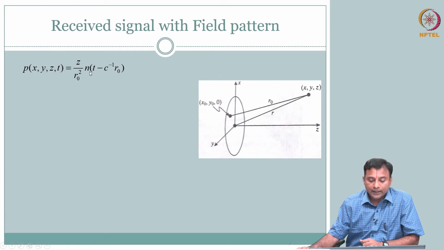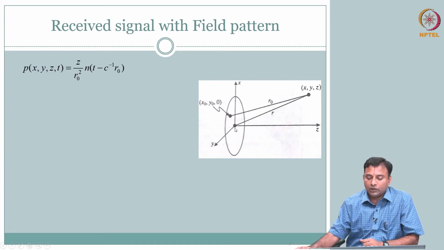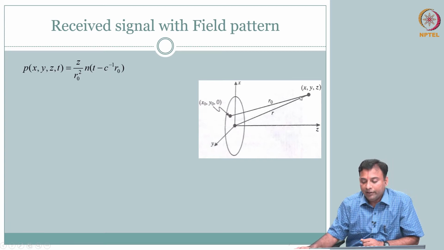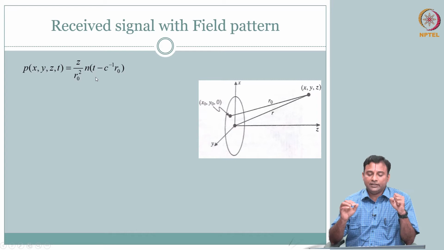Well, you are sending n of t, this is the one that you are sending. So, if that pulse, it will take some time for the pulse to come from wherever it is generated till this location. So, that is going to take time. When the pulse comes there, it will probably have the same shape as the pulse that you sent. Of course, you see this term right here. What does this say? Oh, there is a small difference.